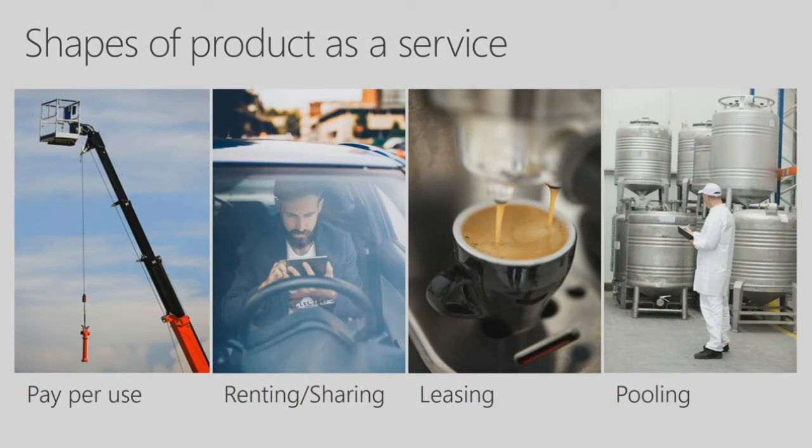Some ideas what kind of shapes of products as a service might exist. Number one is, for sure, pay per use, which we had already on the last slide. We see a crane here. Traditionally, you might have sold a crane. If you are a rental company, if you already rent out cranes to customers, you do not sell it, then you might rent it out related to time. Customer needs it for 2 or 3 days to lift something, you invoice the customer for 2 or 3 days.